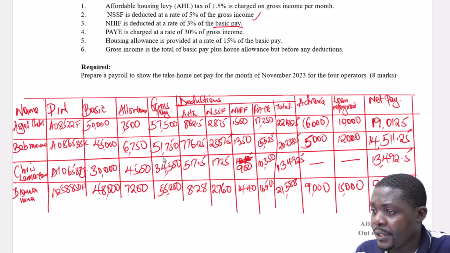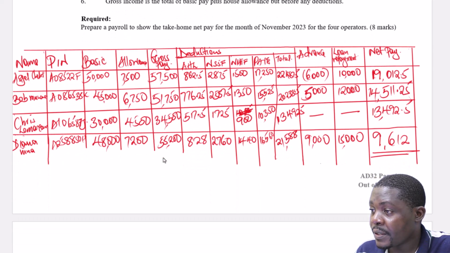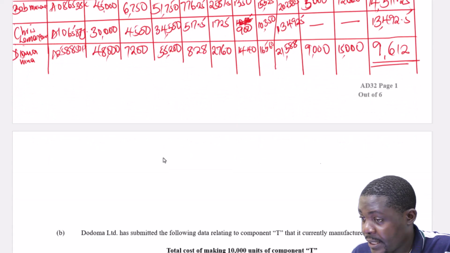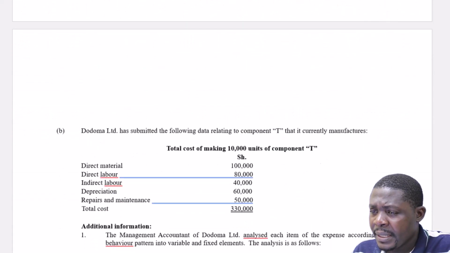So you are required to indicate the deductions and how you compute the deductions and the allowances, advance payment, loan repayment, so that you get it correctly. But B,